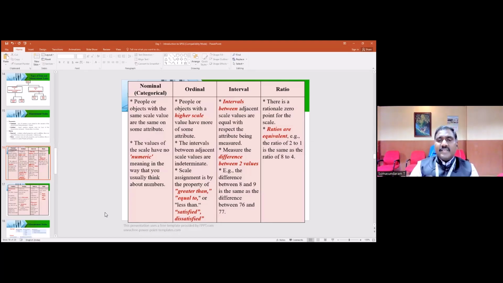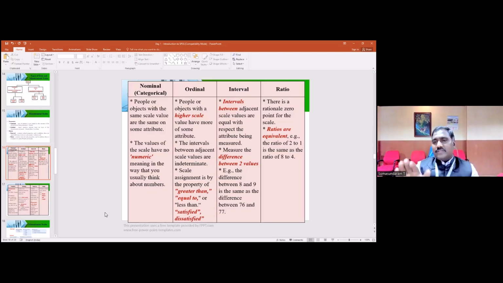In those cases, they may measure the variables with ratio scales, where 1 is to 2 or 2 is to 3. When you compare first and second, the ratios will be the same as second and third, third and fourth. In that case, after collecting the data, they have set the population mean mu value, and they ask you to test whether it is more than, less than, not equal, or equal.